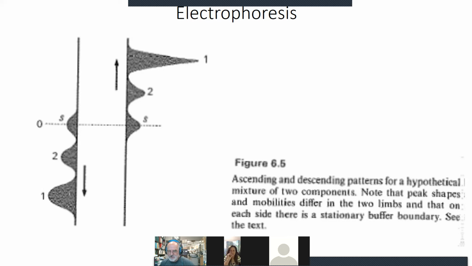High concentrations and the awareness that macromolecules had charge. Appreciate this is pre-DNA sequencing. This is pre-protein sequencing. There's a lot we didn't know at the time. And so to just see that there was something that seemed to move as a homogeneous boundary or slightly heterogeneous boundary was sort of the extent of the